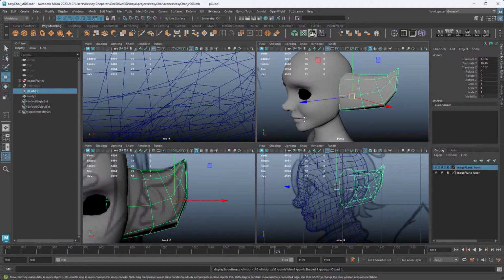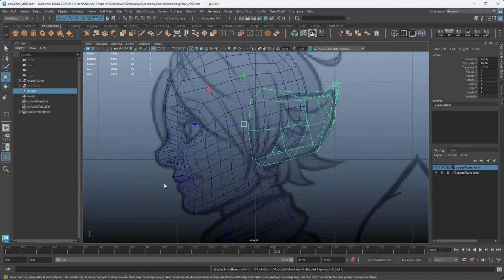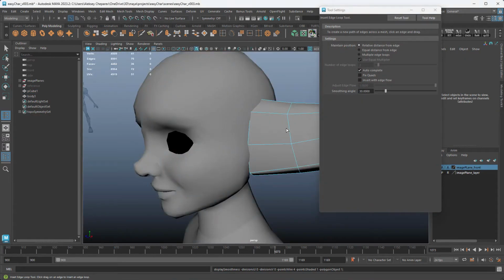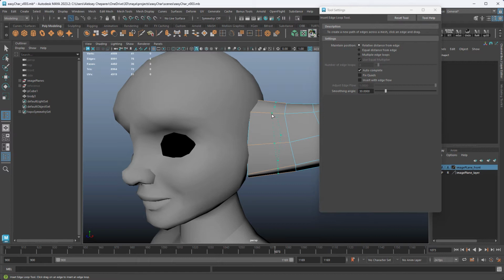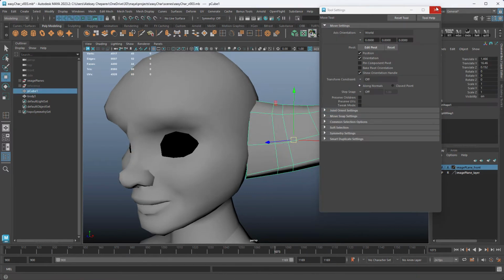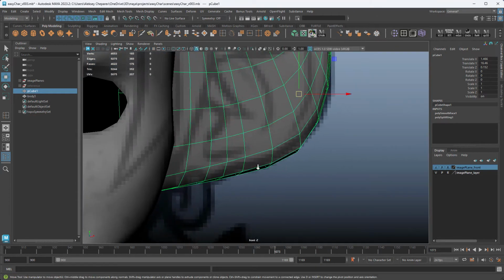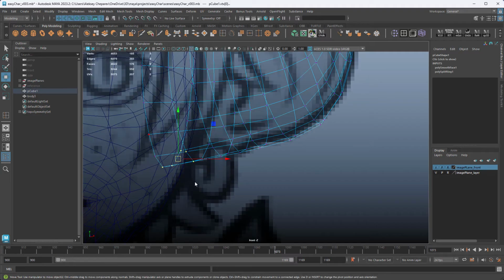So let's add more detail. I want to manually add a loop right here because I want some extra detail there with edge flow. And then we'll subdivide one more time. The reason I did that is because now I can pull out